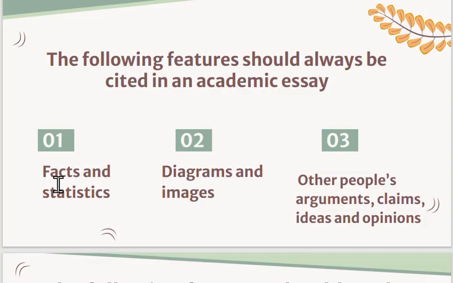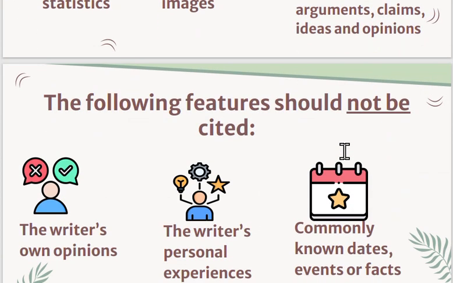So keep in mind that these 3 points should be documented in your research paper, whether you document them on the references page or in-text citation. It is very important to document it. And also keep in mind that when you use it in the body of your research paper, you will mention some information about the author, but then you have to mention the resources in detail in the bibliography or references page. Now these are 3 points which should be documented.